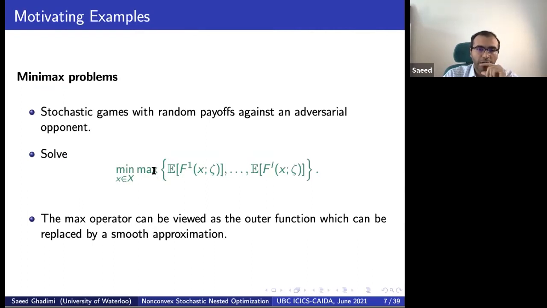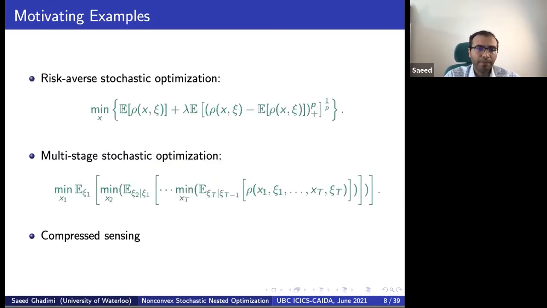So here we are assuming that the objective functions, as I will mention in the next slides, are smooth. The max, as we know, is not a smooth function, but for example, there are several approximations for the max function, like the softmax or a few others, which make this max function a smooth function. And then we have a minimization of a nested problem, and then we want to minimize the objective function. Again, it will be the nested structure.